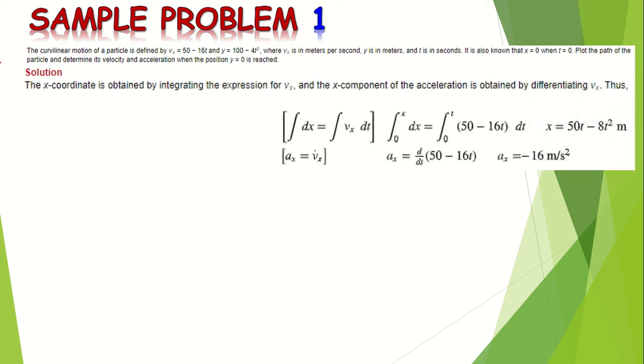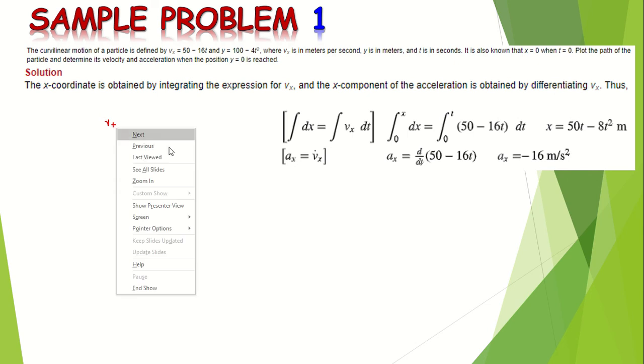So the x coordinate is obtained by integrating the expression for Vx using the concept that we have discussed earlier. And the x component of the acceleration is obtained by differentiating v sub x. Thus, we have this now from the concept that we have discussed a while ago. We have dx equal to, because we know that from the concept v sub x is just